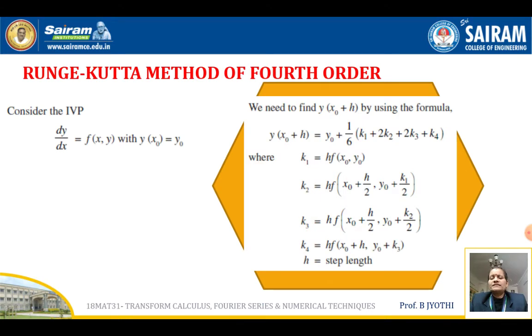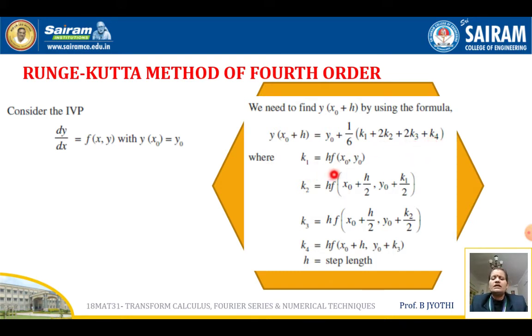In the Runge-Kutta method of fourth order, let us consider the initial value problem given by dy by dx is equal to f of x, y with y of x naught equal to y naught. We need to find out y of x naught plus h by using the formula, that is y of x naught plus h is y naught plus 1 by 6 times of k1 plus 2k2 plus 2k3 plus k4, where